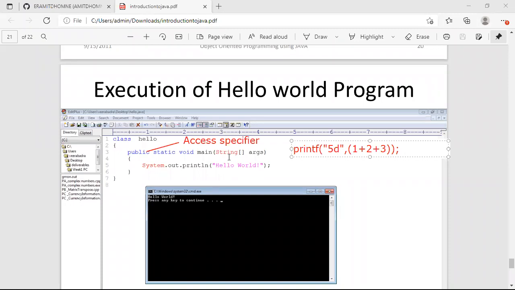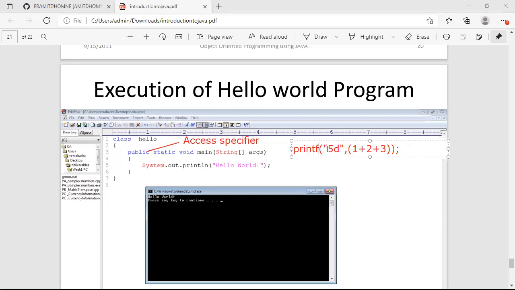But in Java, when you want to print anything, you have to write System.out.println. Why do we write println and System.out? System.out means that you are going to output to the console, and this System.out.println you need to write to print this statement. So whatever you write inside the double quotes, it will print that. And println means a new line.